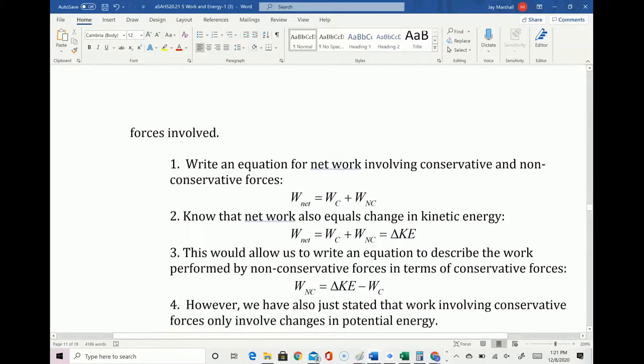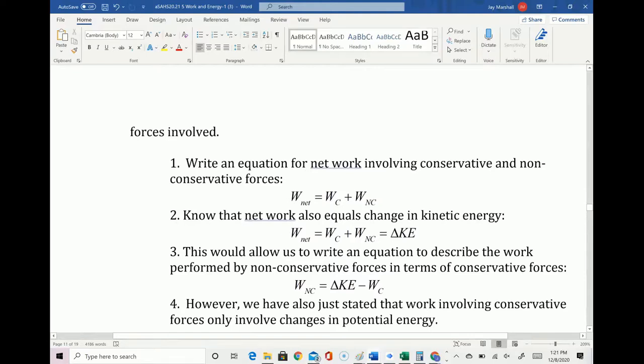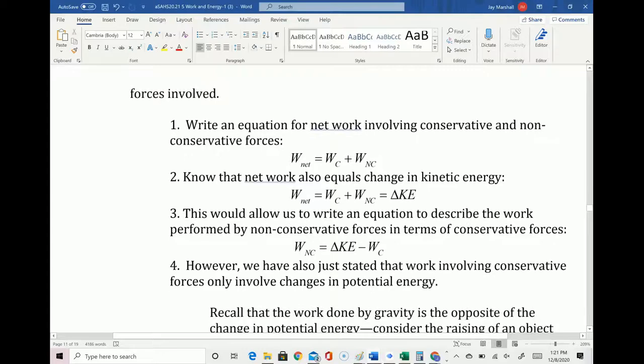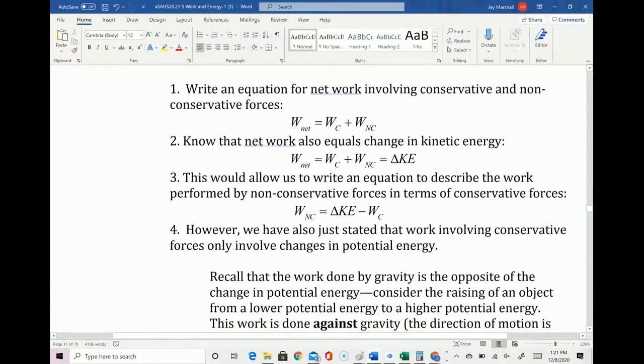However, we have also just stated that the work involving conservative forces only involves change in potential energy. Therefore, I can substitute that. Recall that the work done by gravity is the opposite of the change in potential energy. And let me remind you of that. If I lift a box up here, let's say it's 10 newtons, and I lift it 10 meters,